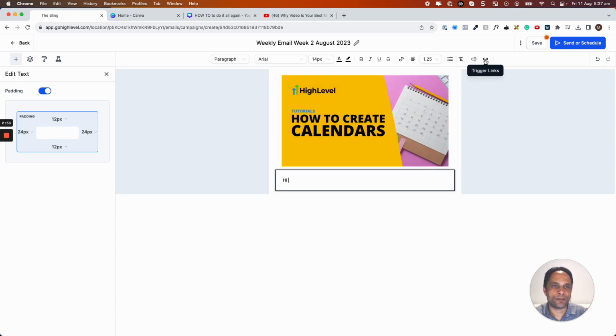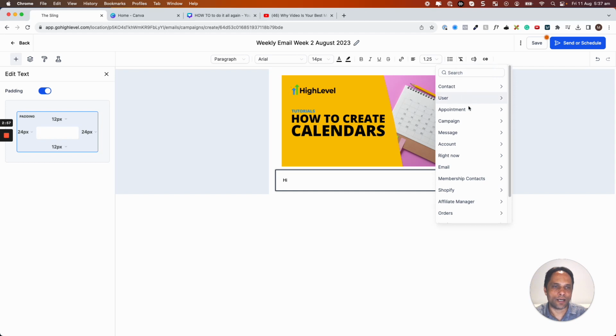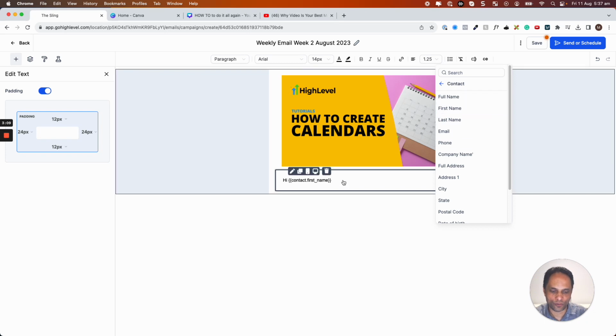You go up here to custom values. You click it. And then you can add all these custom values from GoHighLevel. So what we want is the contact's custom value. I don't want their full name, I want their first name. So I can put their email, their phone, but I want first name. So it says, hi, John, comma,